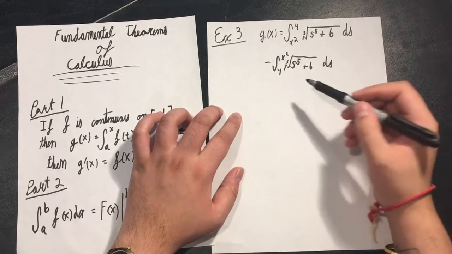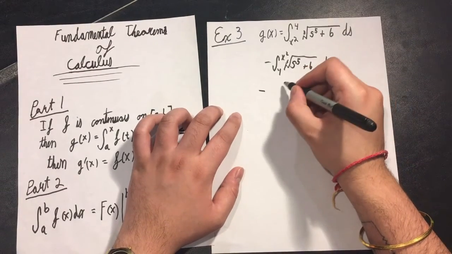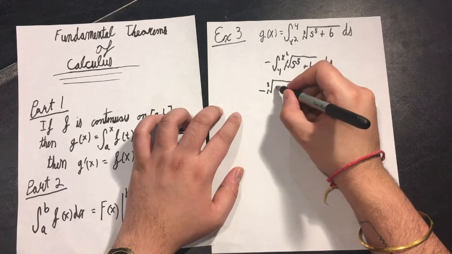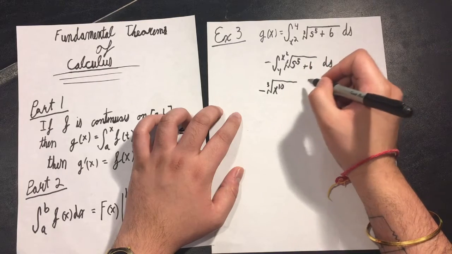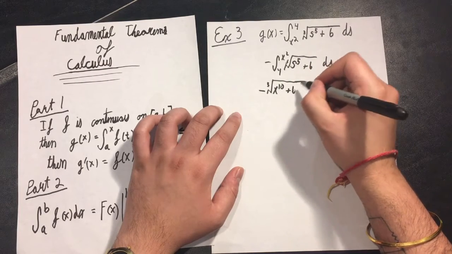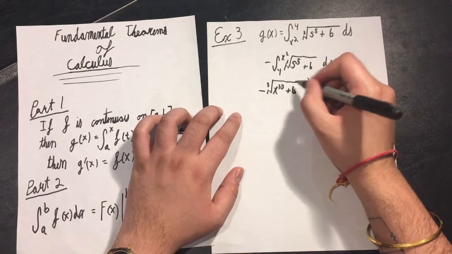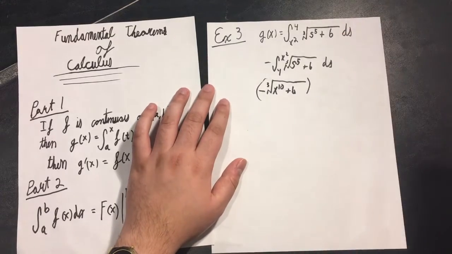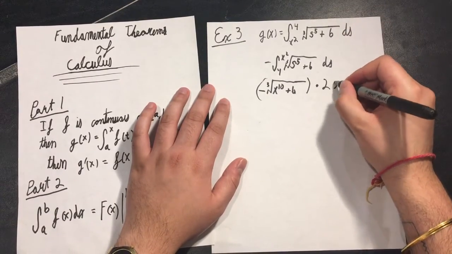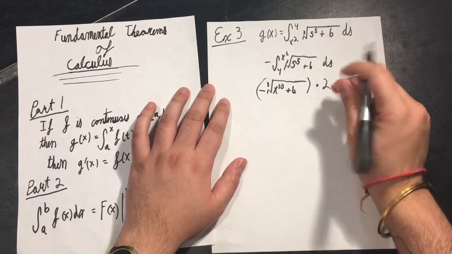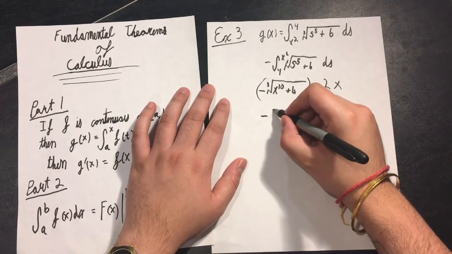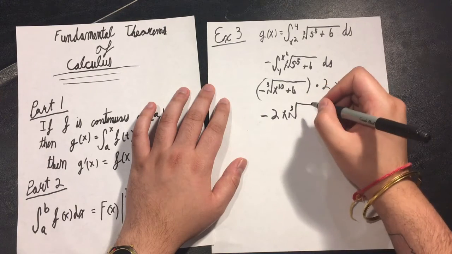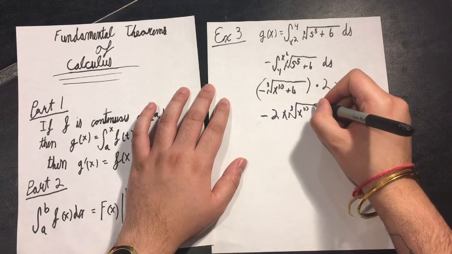And now we can do our substitution. So we have a negative and then the cube root of x squared to the 5th, which is x to the 10th, plus 6. And now we multiply this by the derivative of our upper bound, which is x squared, so multiplied by 2x. And then just to simplify this, we can multiply these two together and end up with negative 2x times the cube root of x to the 10th